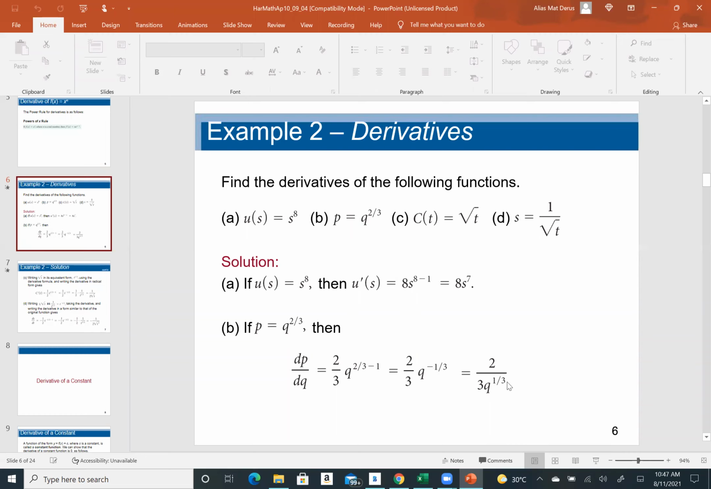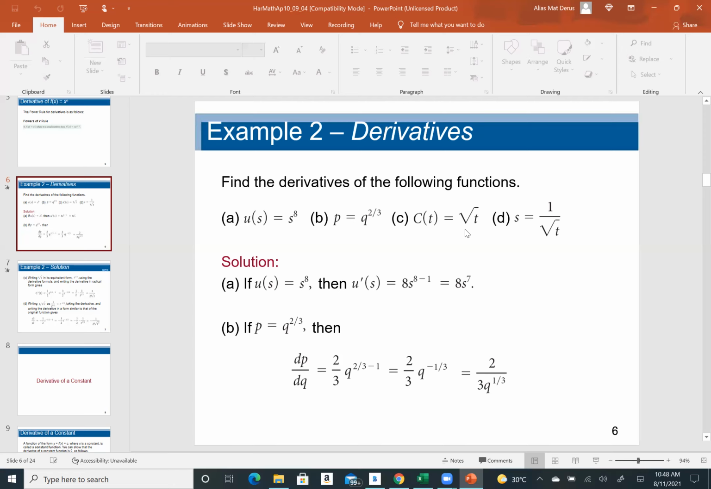Okay. So what they do here, they take care of the negative sign, they bring it down. So you get 2 over 3 q to the power of 1 over 3. But you don't have to do that, okay? You can stop here. You can stop at q to the power of negative 1 over 3. Or you can do it in that way, it's okay. But you can stop there. Okay, all right. Now the other one you have here,